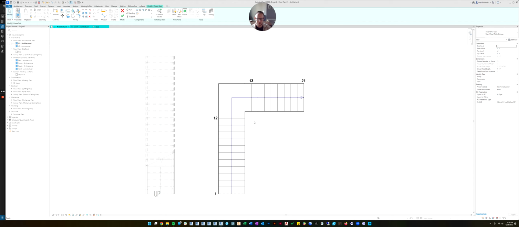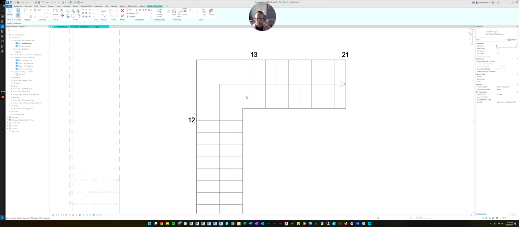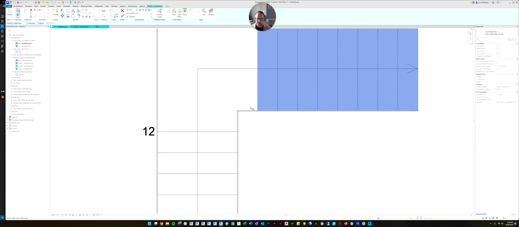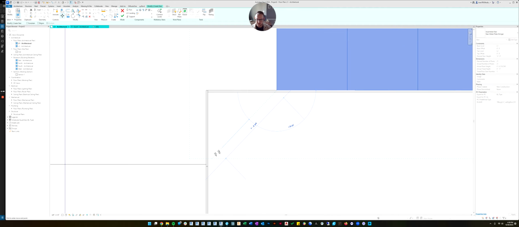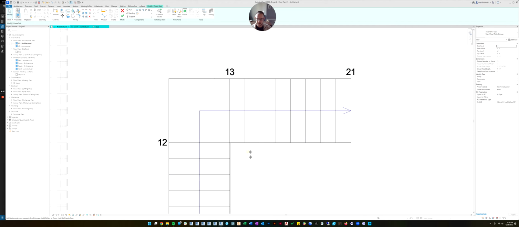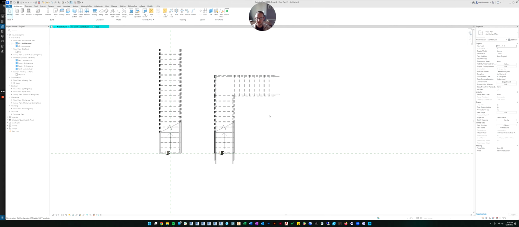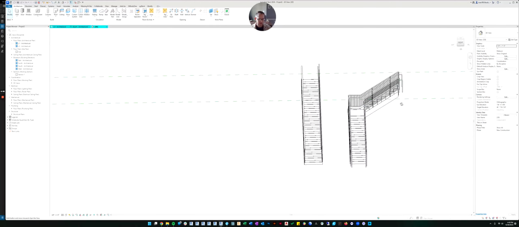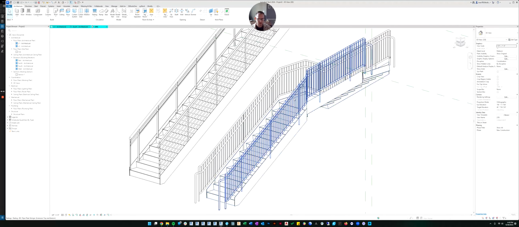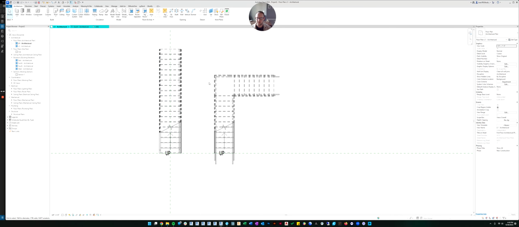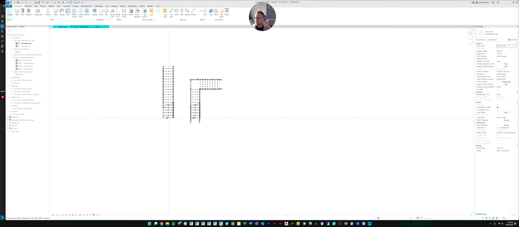So we still get all our risers in, and then it automatically puts a landing between your 2 runs that you drew. And if you don't like where the landing is, maybe we want it to be exactly a square landing, we can click one of the stairs and we can use the move command, and you can move the stair to the corner of that stair, and it'll still make the landing for you. So when we're done positioning it, we can do the finish command, and it will finish the stair and add railings. So now we've got a stair with a landing, sorry.